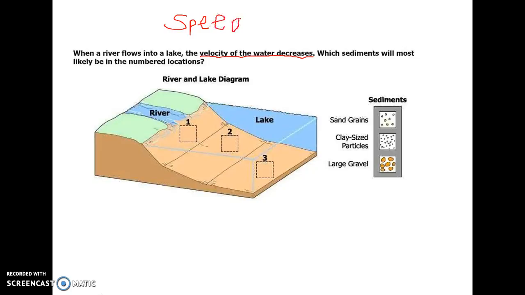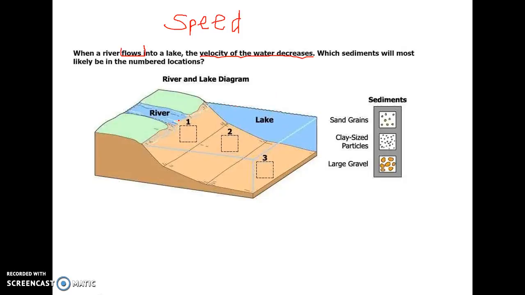Even if you didn't know that, we could use some of the things in the sentence to figure it out. As a river flows into the lake, something is going to decrease, and the only thing that's really there to decrease is the flow. So as the flow slows down,